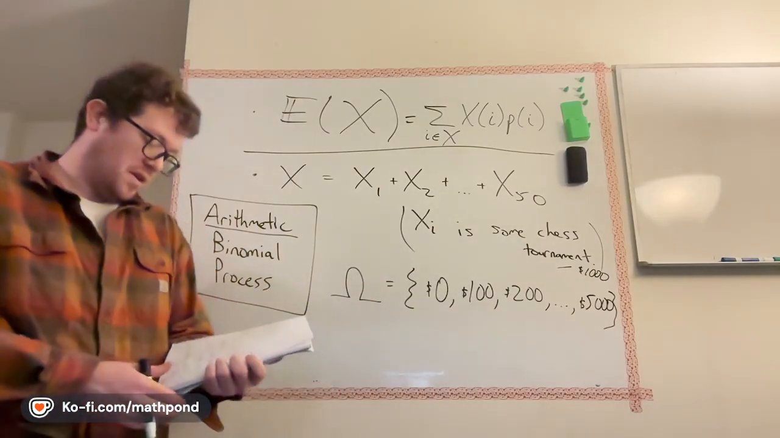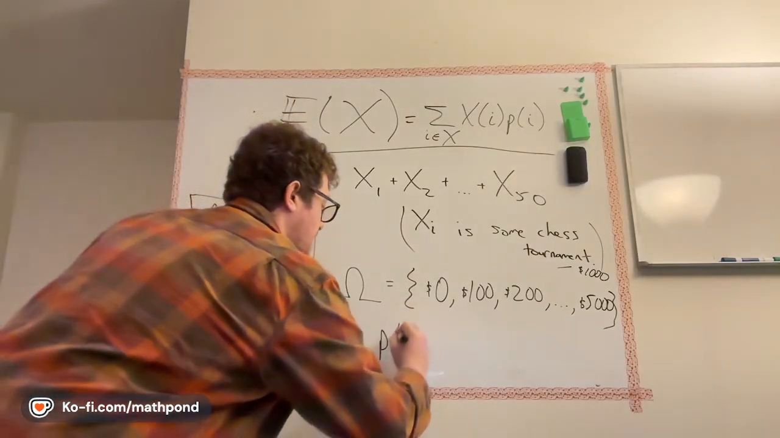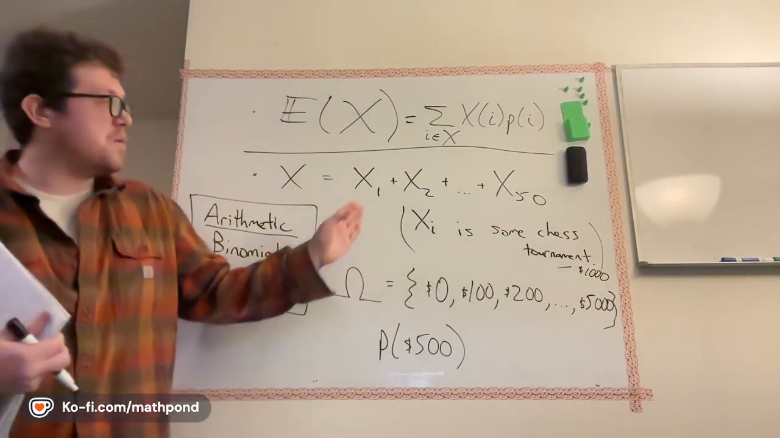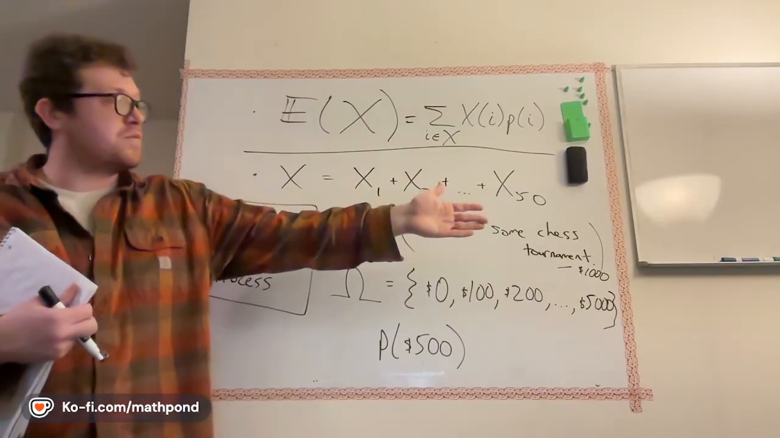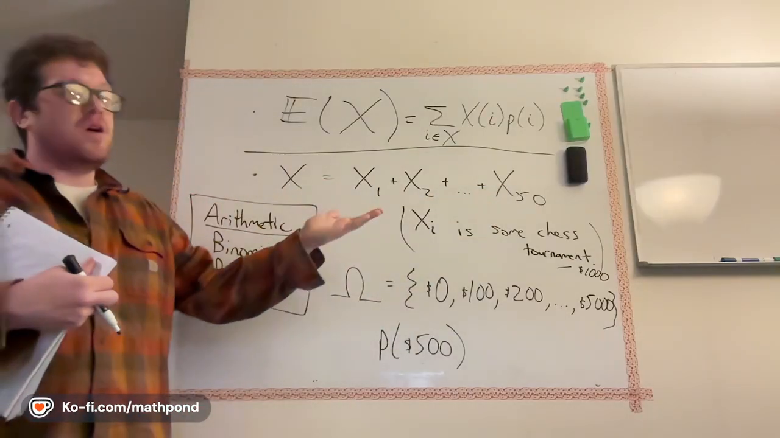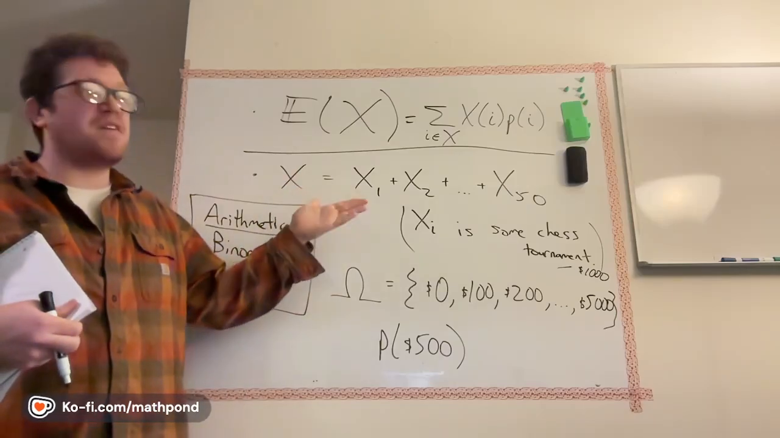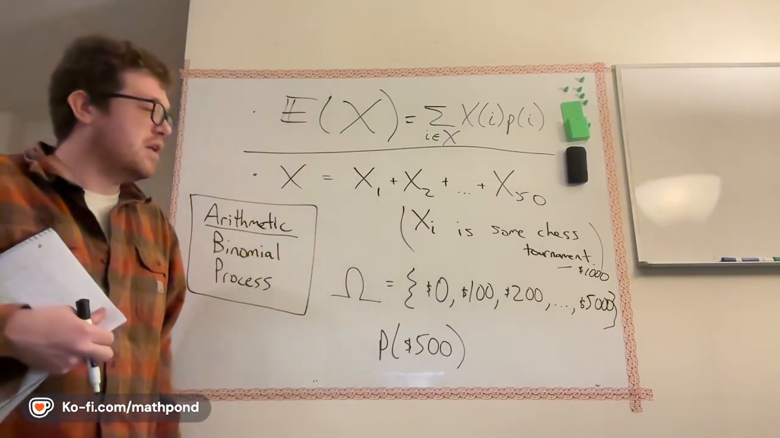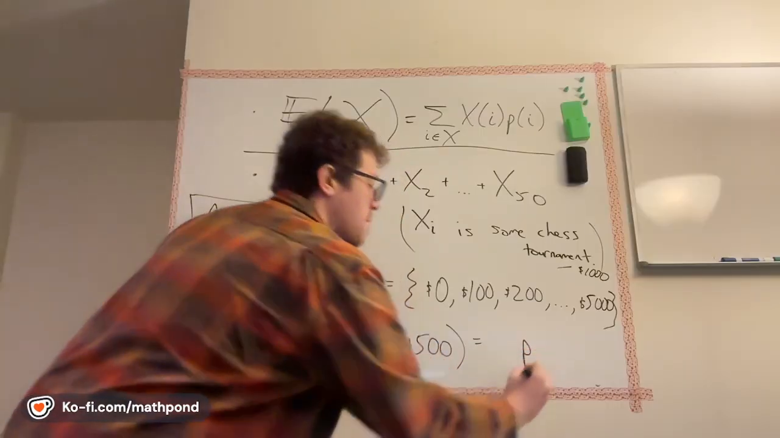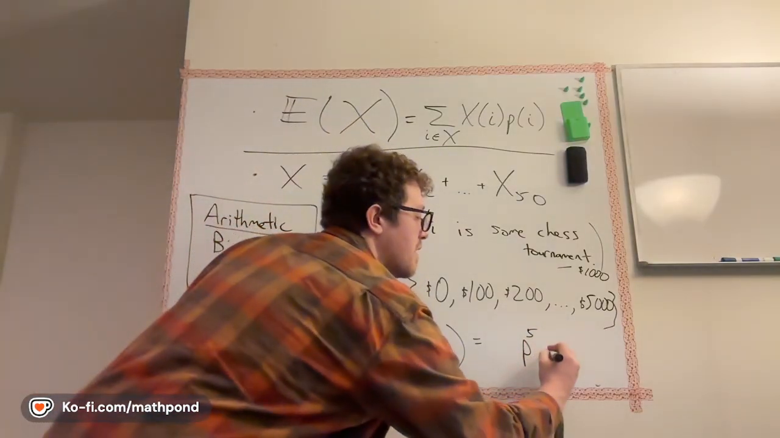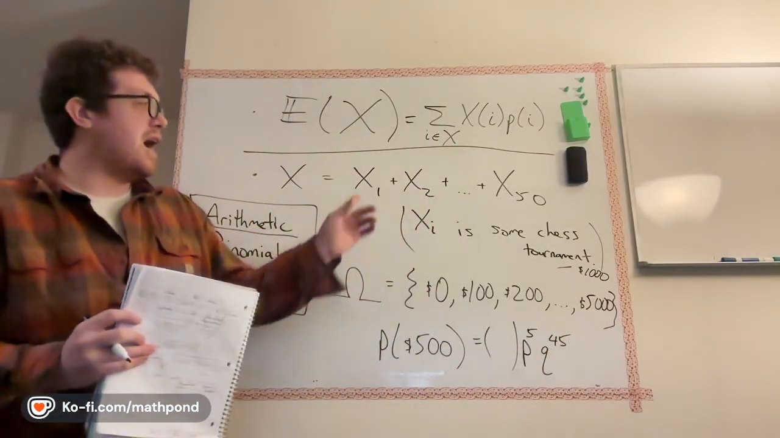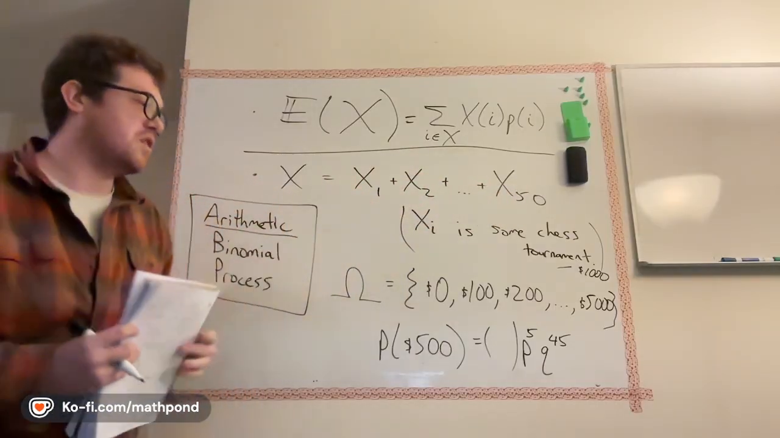Let's check the probability of getting exactly $500. In order to get $500 exactly, we would have to win 5 of these. Either I win the first 5 and lose the last 45, or I win the last 5, or any combination in between. All I have to do is win 5 of them at some point, and I lose the other 45. So the probability of getting exactly $500 is the probability of winning to the 5th power, the probability of losing to the 45th power, and then how many different ways are there to do that? Out of the 50, I need to choose 5 of them to win. So it's 50 choose 5,